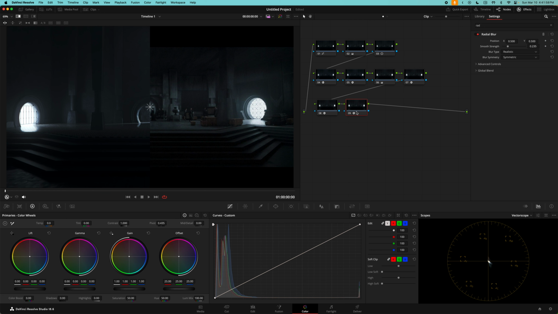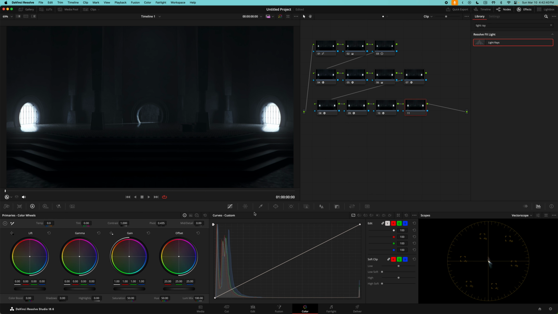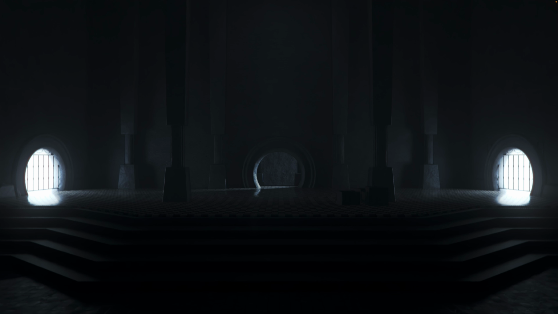Next, we're going to add some light rays. Let's go out of this comparison view, decrease the threshold and the brightness. We're going to reduce the saturation in the highlights and the shadows. So for that, we're going to create a new node, go over here where it says Luma versus saturation and pick the brightest points like this and drag it down. Make sure to create a curve shape, and we're going to do the same for the darkest point. Drag it down. This is before, this is after.